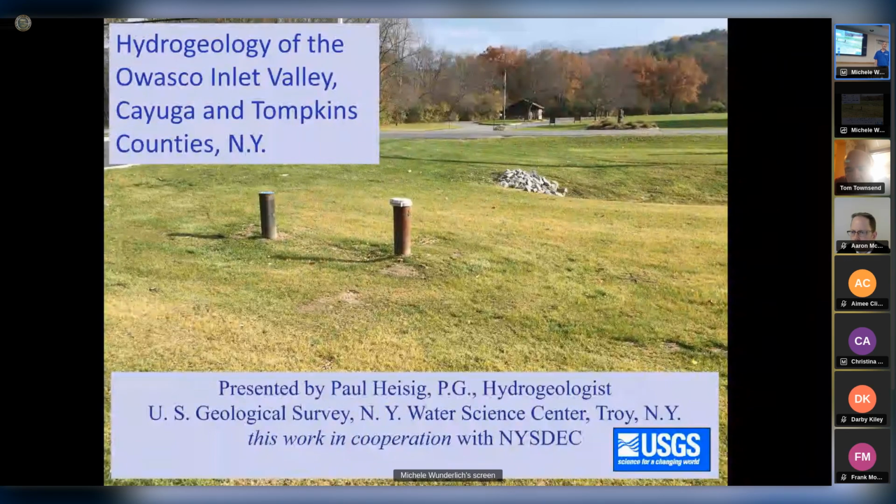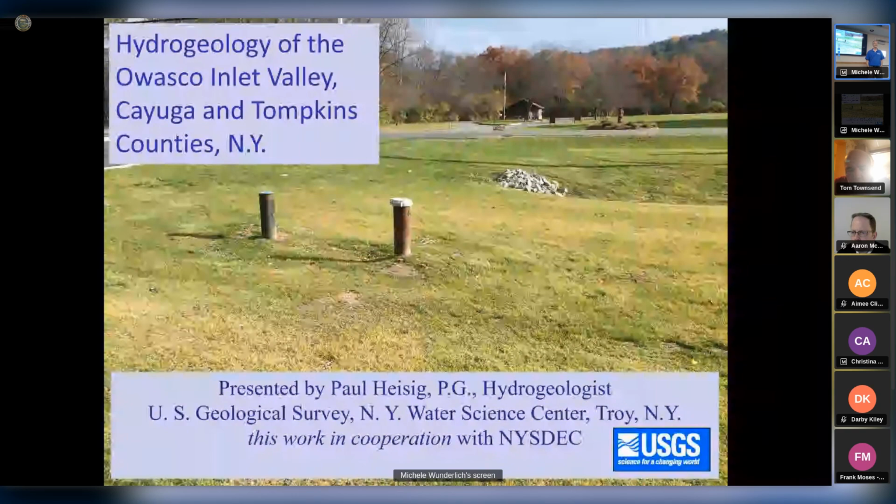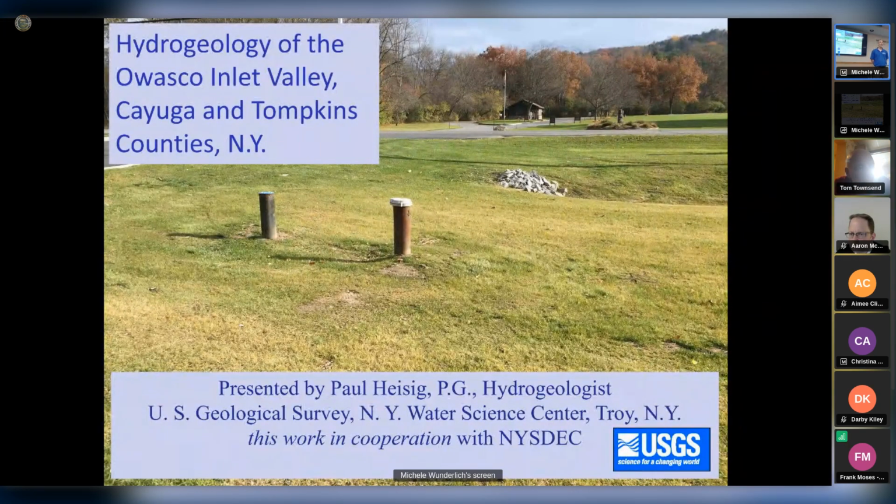Just start by saying that USGS is a federal science agency. We're non-regulatory, so we're just doing the science. Groundwater resources or resource potential in areas around the state, which regulatory agencies, the public, whoever can use. Everything that we do is published. The data that we collect is published, so anybody can make use of it.